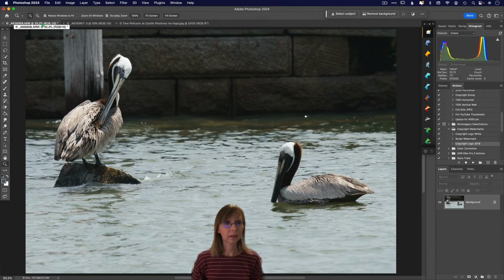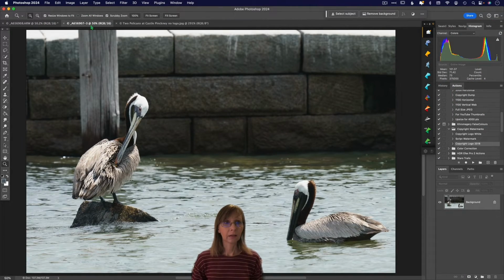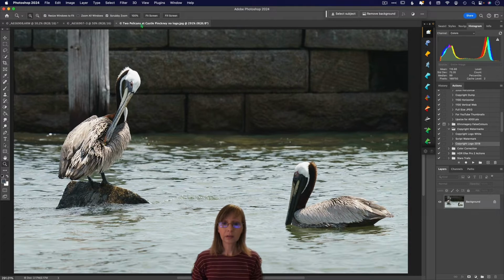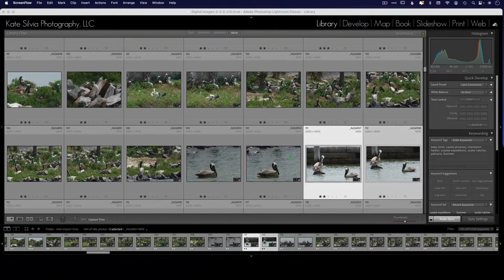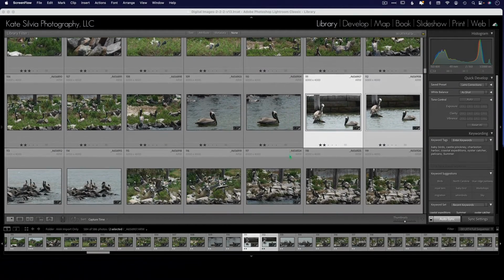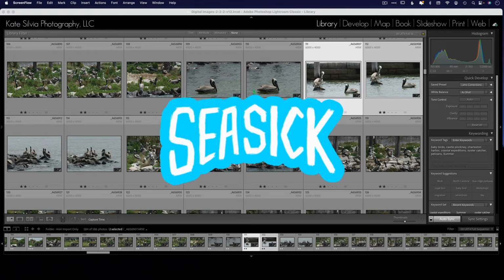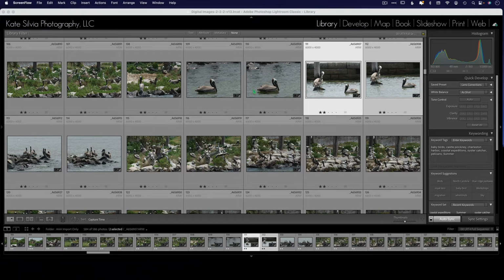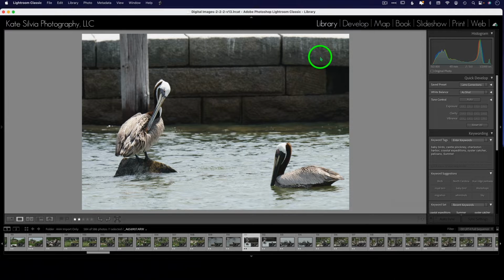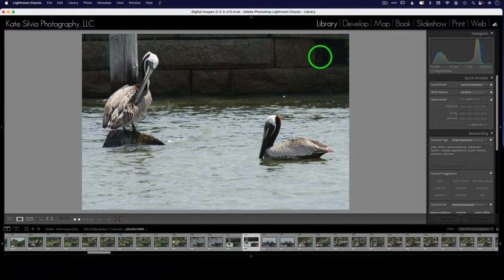Okay, let's take this image and turn it into this image with a little help from Generative Fill. Let's do it. I think we've all been in situations where we are shooting moving subjects, or you yourself are moving at a pretty fast pace, and you have one image that has a composition that you like, and then another image. So I'm on a boat here and I'm bouncing up and down, and I